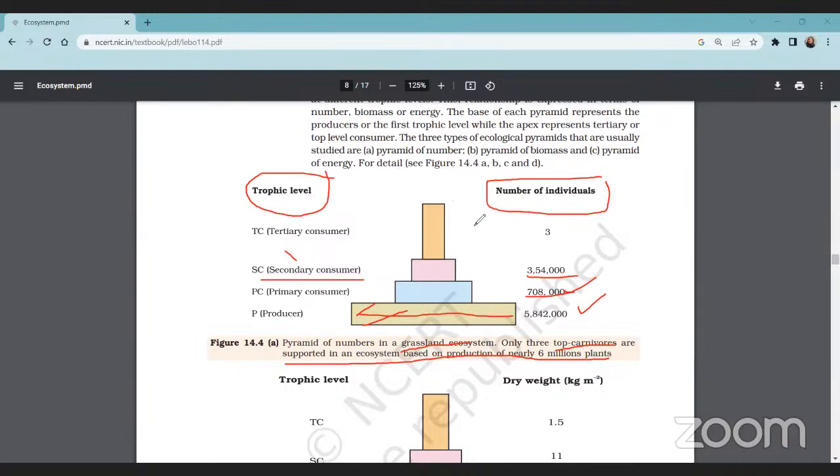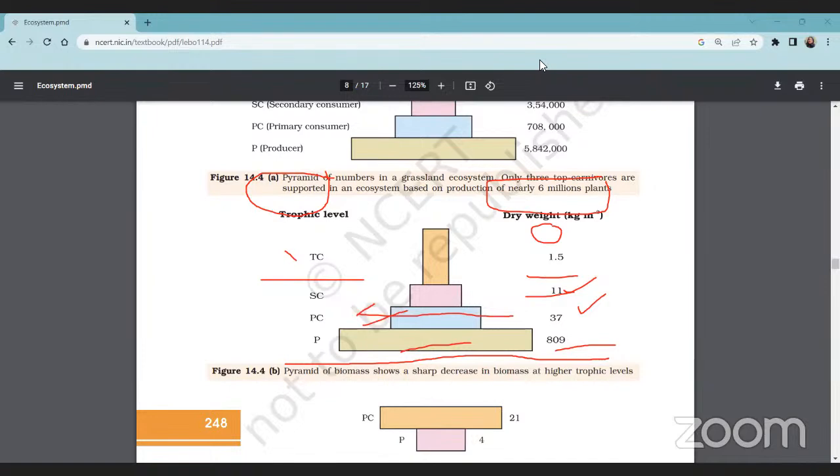Means that the number is only 3. Okay, 3 numbers are present in this grassland ecosystem. And next, if we take the next pyramid, that is